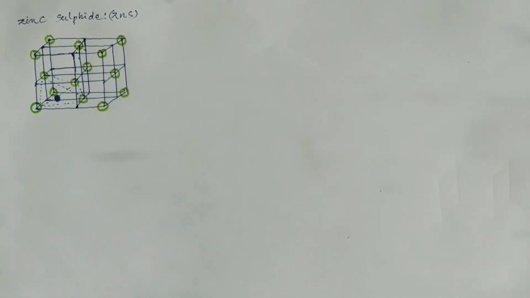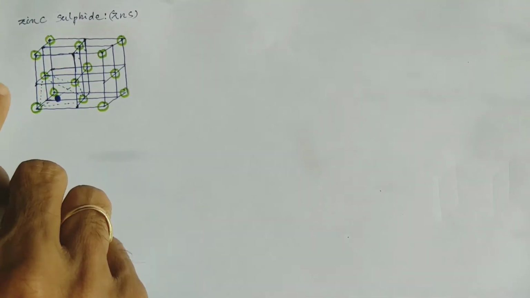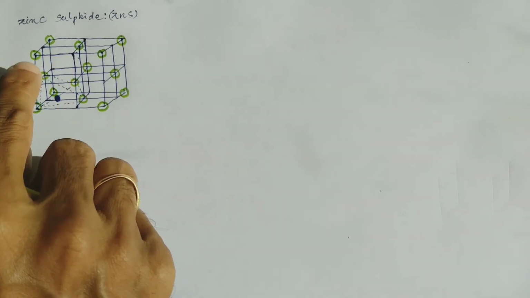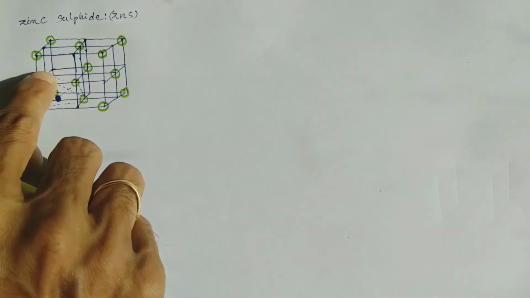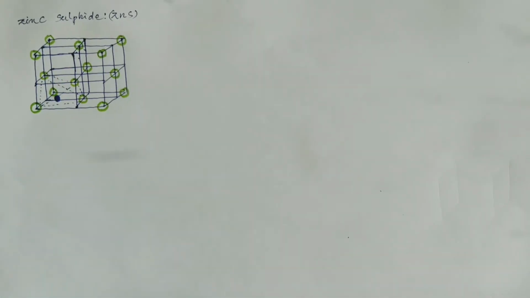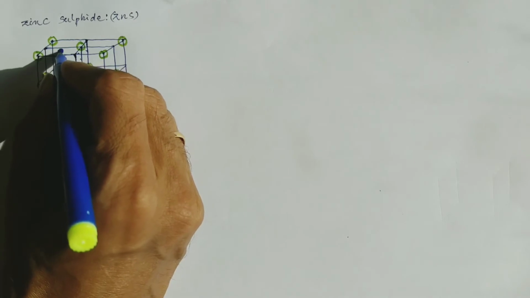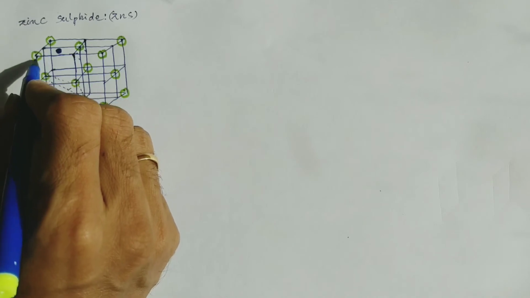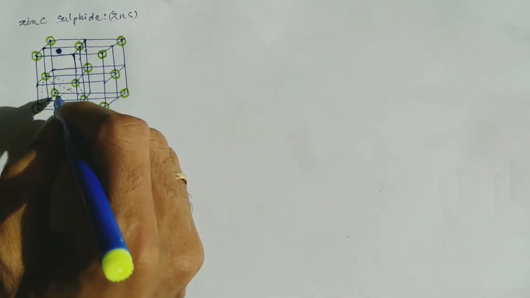Similarly there is another tetrahedral void created by this atom along with the 3 atoms adjacent to it. So the 3 atoms adjacent to it are this one and this one, right? So they will create another tetrahedral void in which zinc ion is present. So you can observe here zinc ion is not present in the tetrahedral void that is created by this atom. So that means actually zinc ions are present in alternate tetrahedral voids.